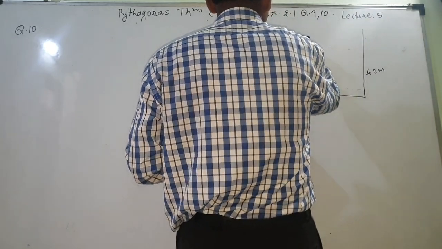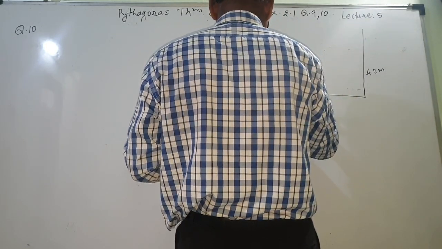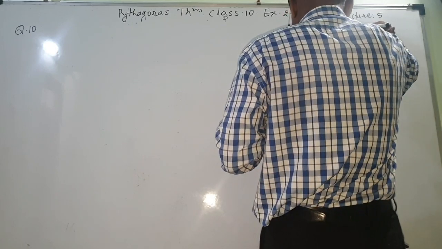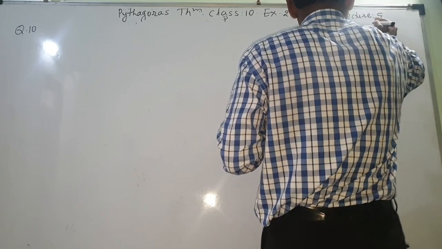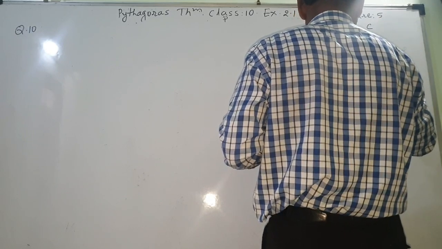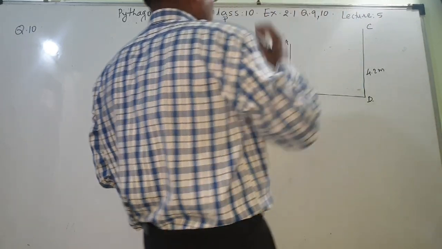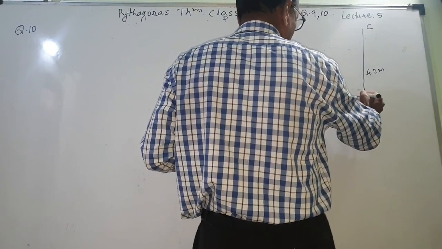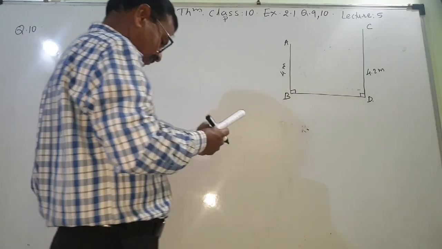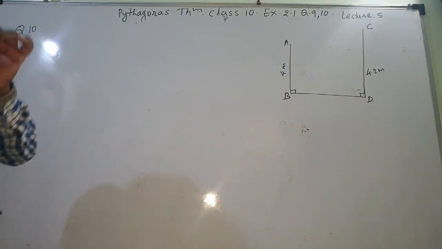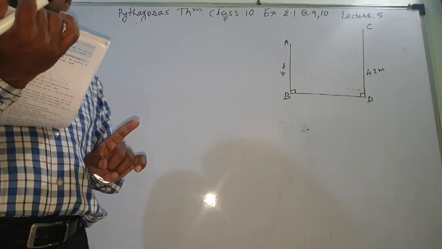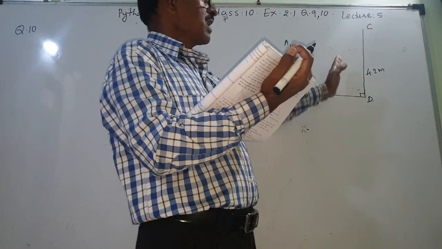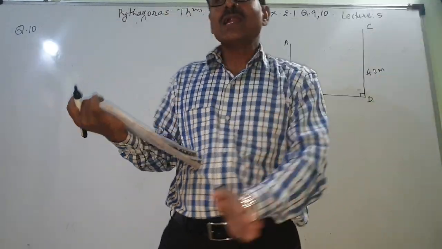The names for this building I will give AB and DE, or you can say CD. Okay, these are the two buildings in such a fashion they are on the two sides of the road. Walls of two buildings on either side of a street are parallel to each other. These are parallel to each other, this way and this way.